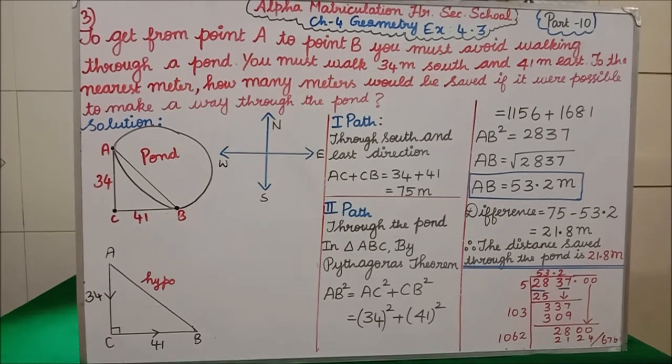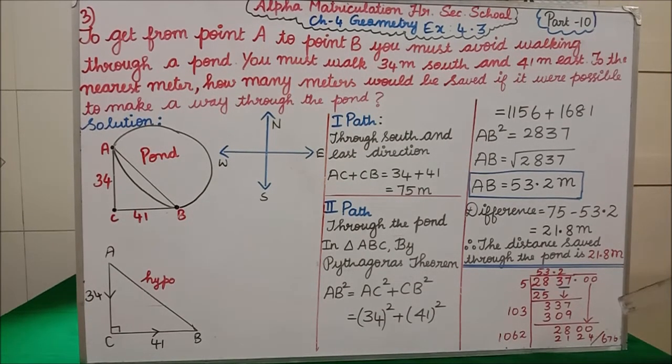Students, you see below. I hope you all are able to see this. This is your rough work. You draw here and do this rough work. Since I don't have space here, I have done it below. 2837. How we have to take the square root, I have told you: in square root you have to group two numbers, isn't it? I have grouped 37 as one number, 28 as one number.